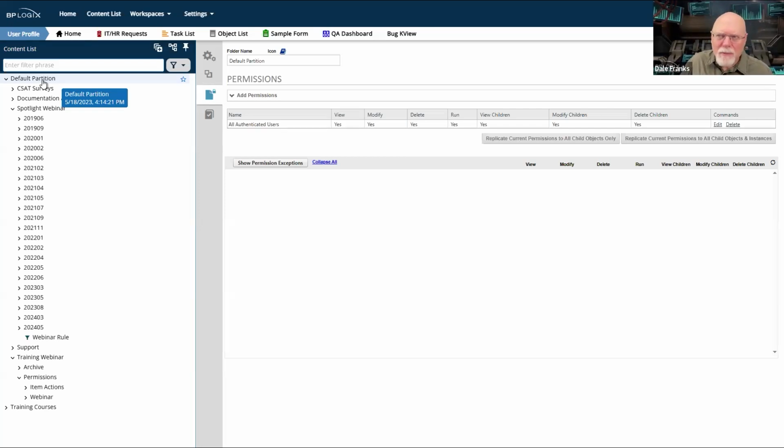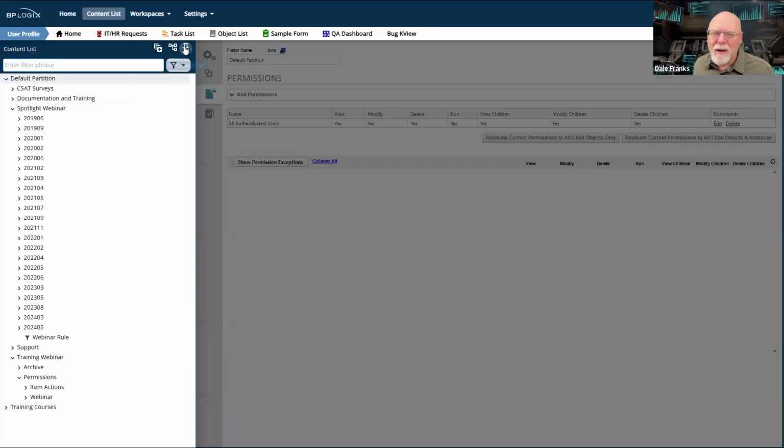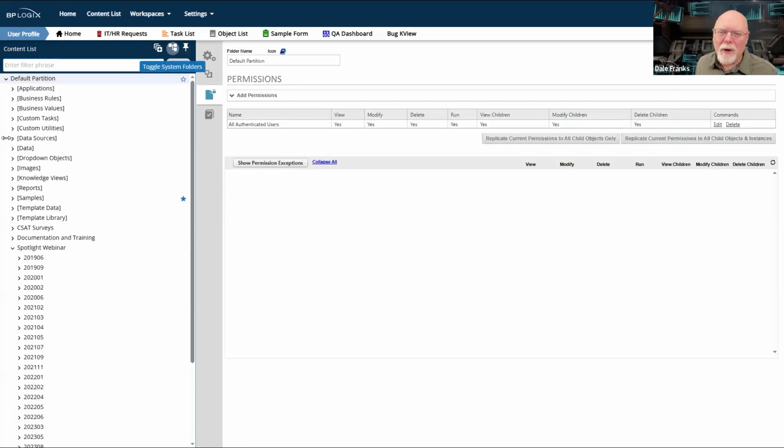And there's maybe a couple of the little utility functions that run in a folder. And we also have a knowledge views folder. I can actually show them here. So generally custom tasks, custom utilities, knowledge views, maybe samples will be in there as well. And they'll all have these same properties here, these permissions that are set up here at the default permission.